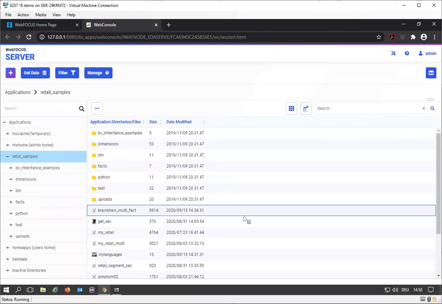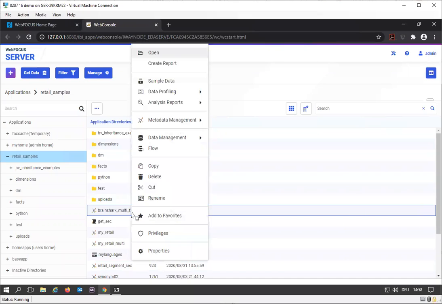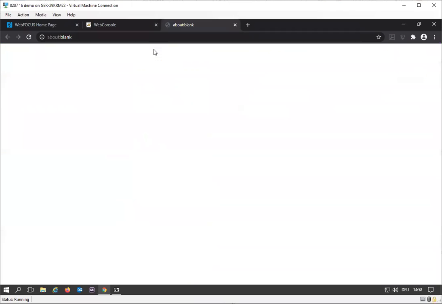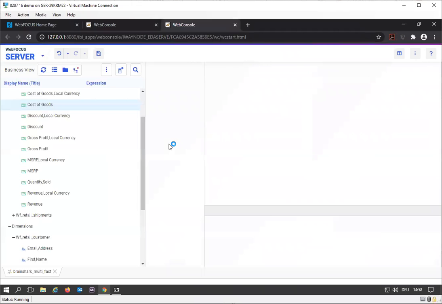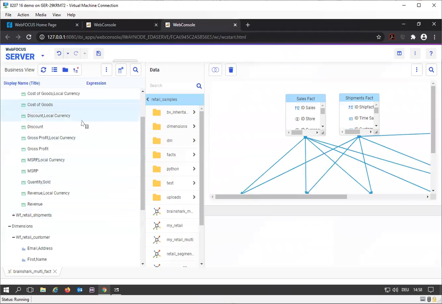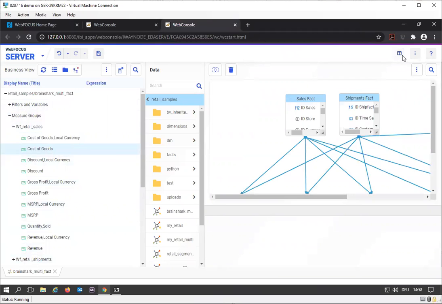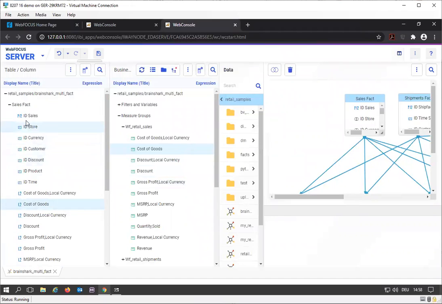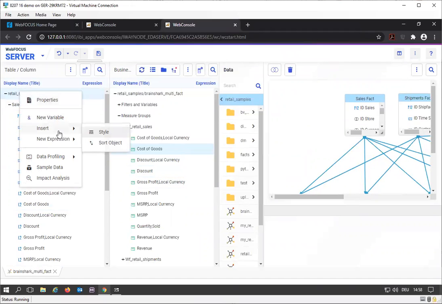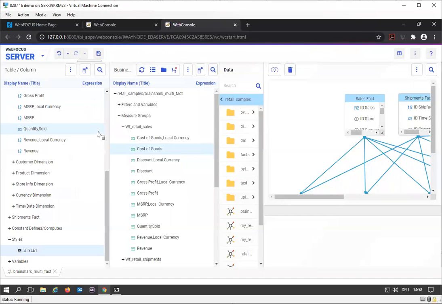We already learned about the style attribute in metadata before, so let's take a look at how to really use it. So first step, we're going to open our brain chart multi-effect synonym, and we're going to work with that one. Very important to get to the style information, enable the table column view,